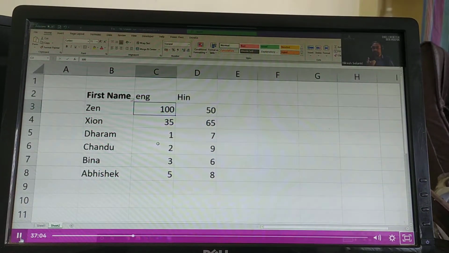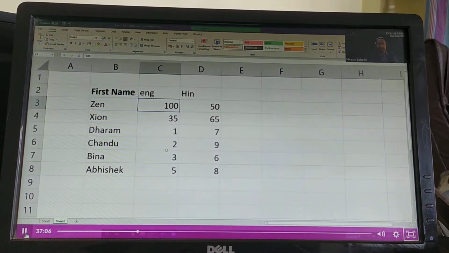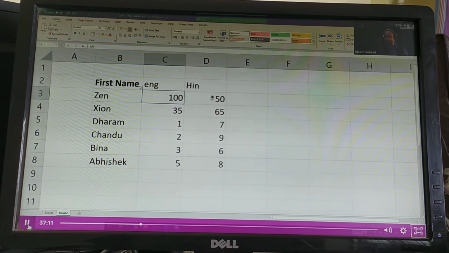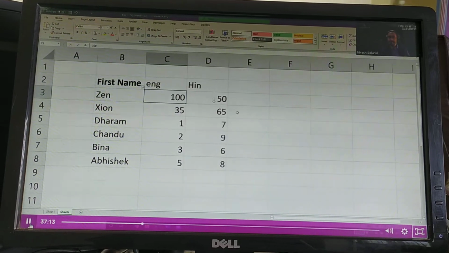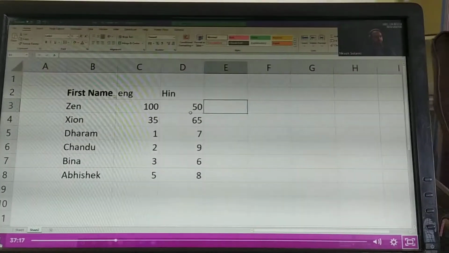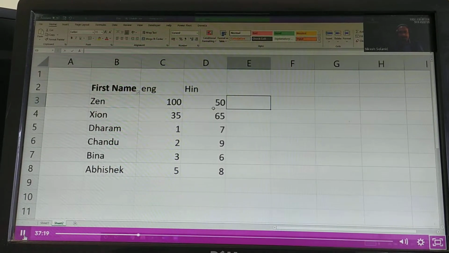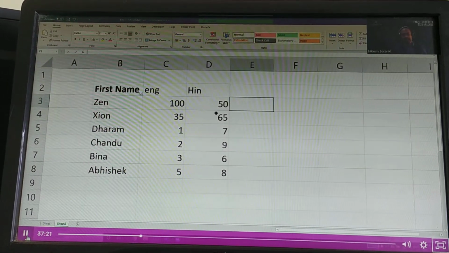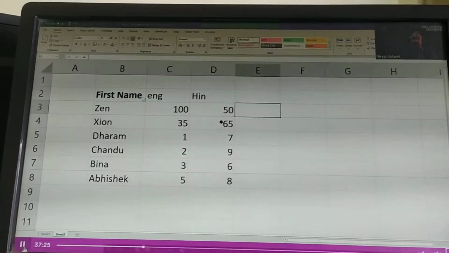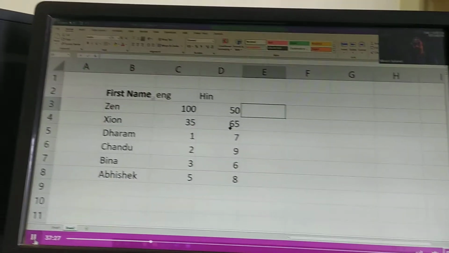Do you have to check in Hindi, or check in the class? My question to you is: do you want to check only in Hindi who is the topper? For us, it was given that we have to check the highest and the lowest marks in each subject, right? Yeah. So the highest and the lowest can be done by min-max also, right?